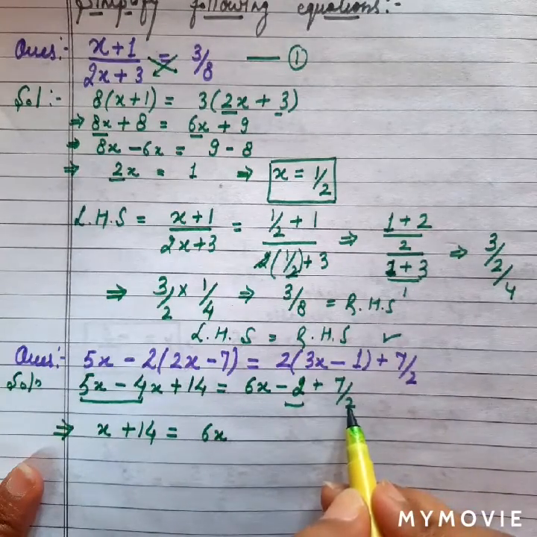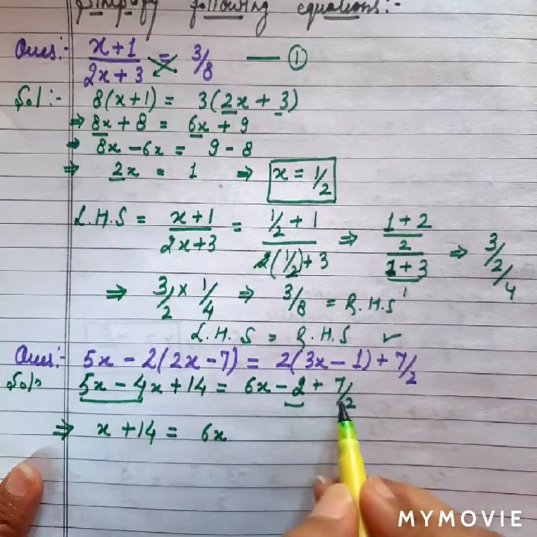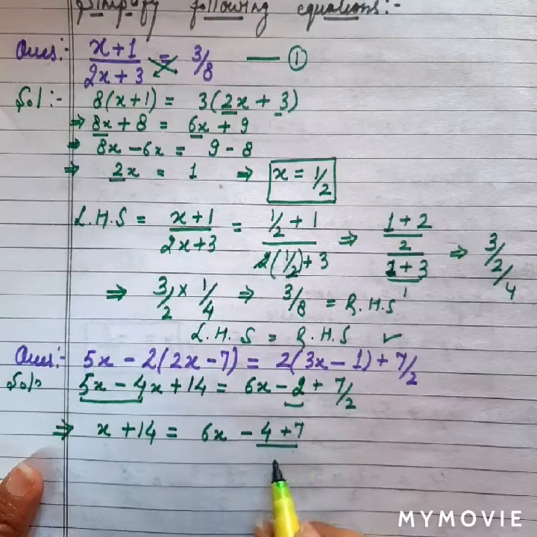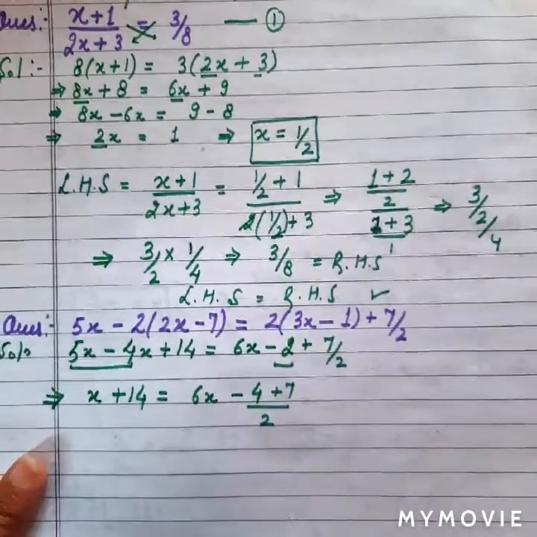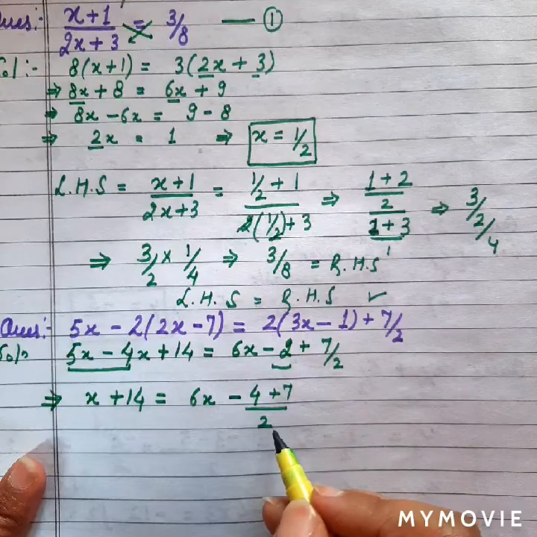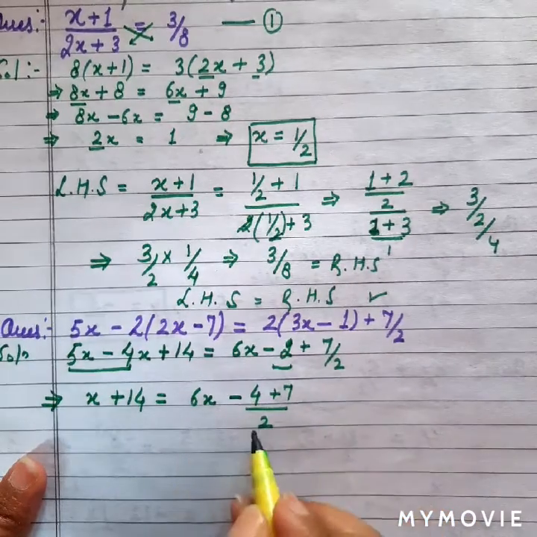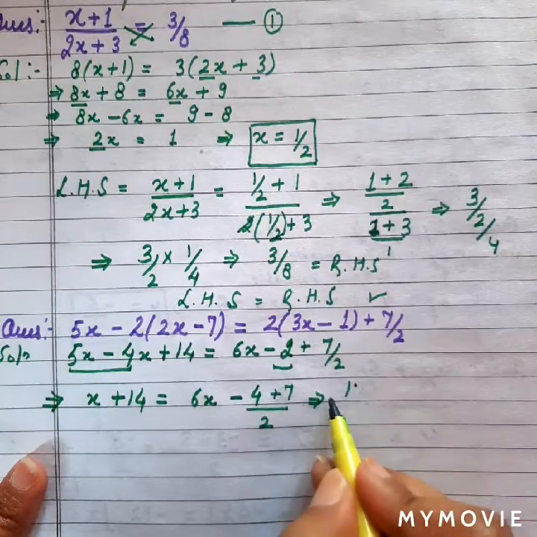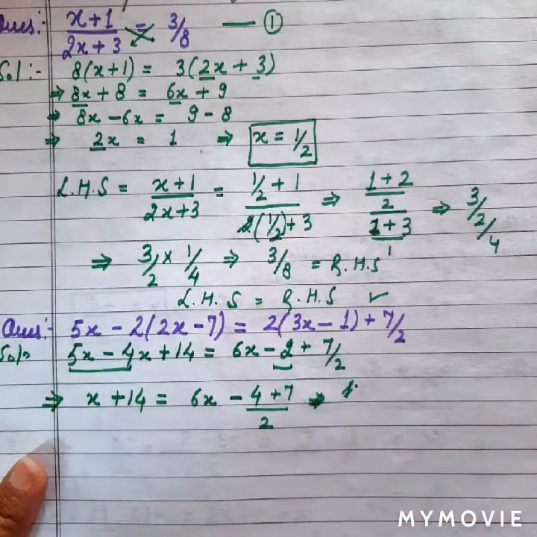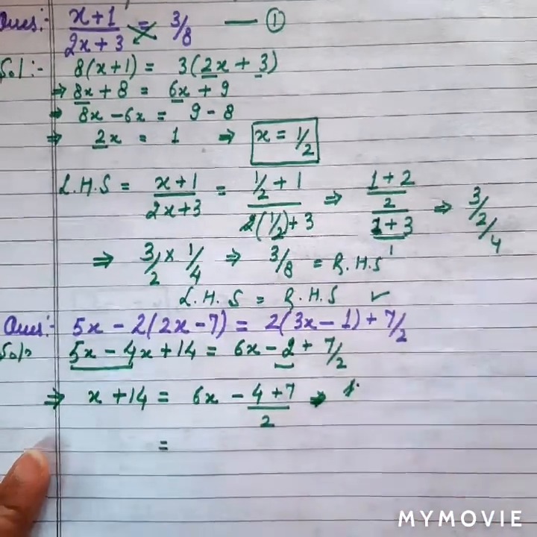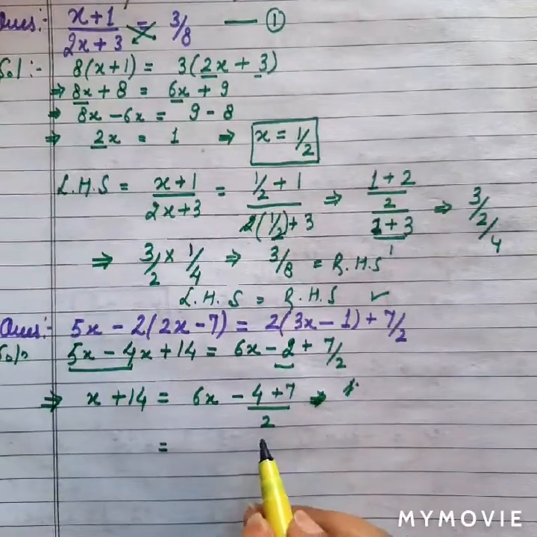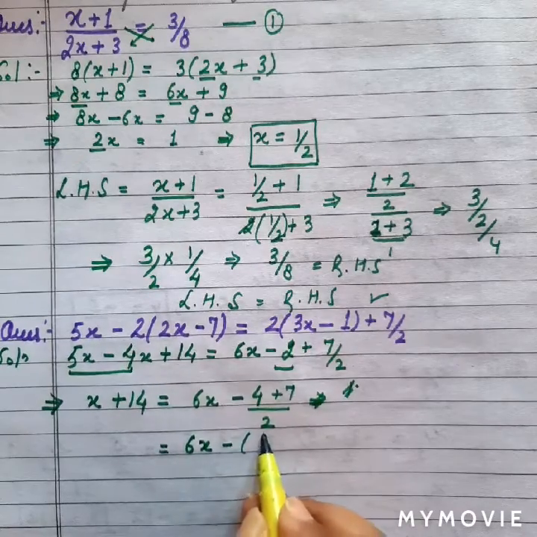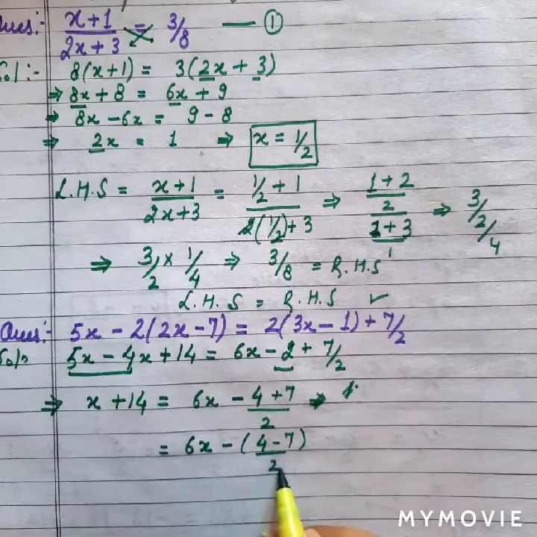What we will do, it will be 2 multiplied with 2, 2 2s are 4, this is minus 4, and plus 7 divided by 2, right? And what else we can do is we can just multiply 2 with 6 also. It would be better not to. Now next step will be just take minus common from here. 6x minus is common, so it will be 4 minus 7 upon 2.